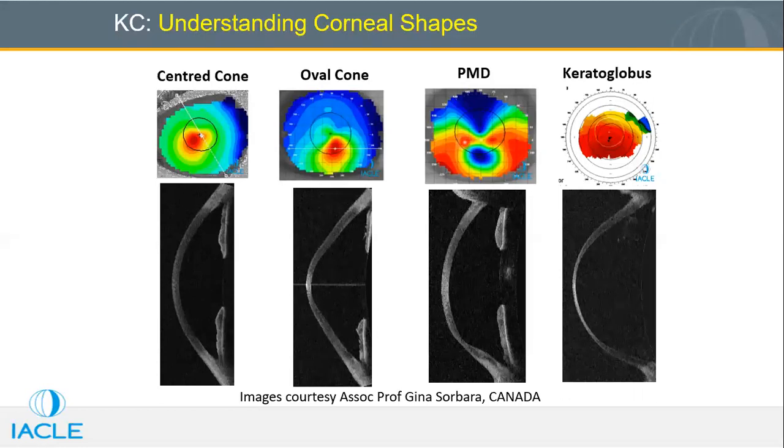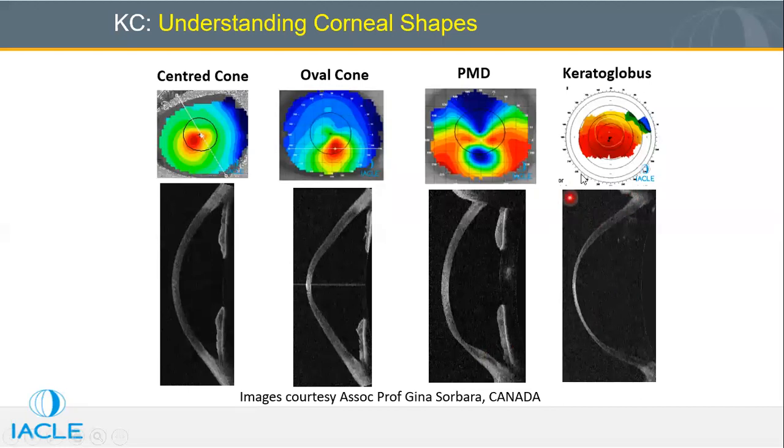You are seeing there is a very steep pattern in the horizontal meridian, and the vertical meridian is very flat. So it is against the rule. And this characteristic butterfly or kissing bird pattern is the hallmark of pellucid marginal degeneration. If you see the cornea, you will see ectasia in the very inferior cornea, thinning of the cornea inferiorly, from 5 to 7 o'clock position, and because of that there will be the bulging, the cone.